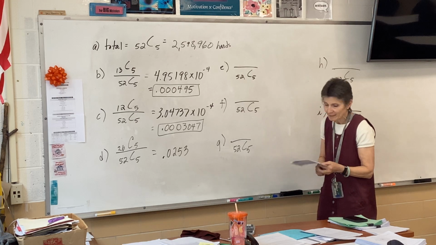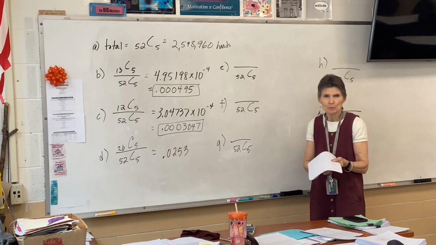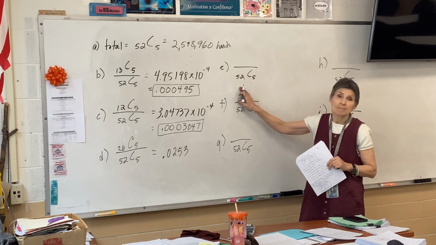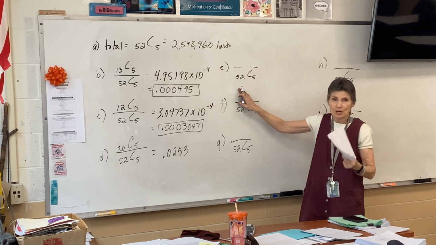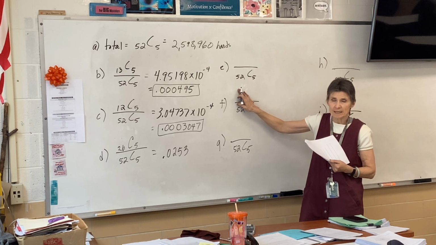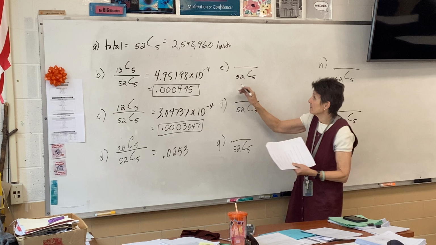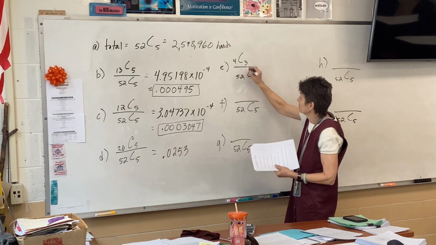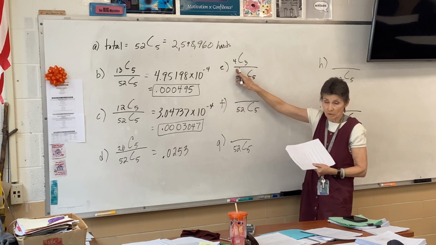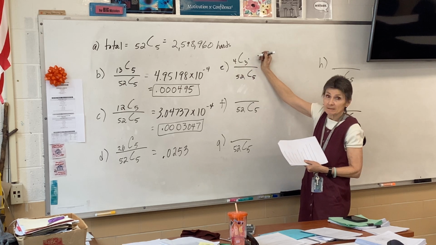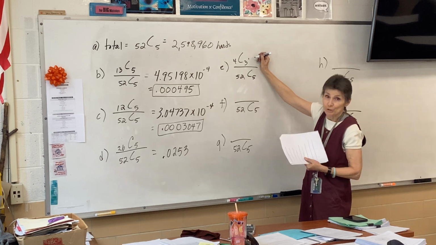3 jacks and 2 kings. So again, here's my denominator, problem E. I want 3 jacks and 2 kings. Well, how many jacks are in the deck? 4, 1 of each suit. And there's 4 jacks and I want 3 of them. So that's going to be 4C3. 4 jacks total, picking 3. And times 2 kings,